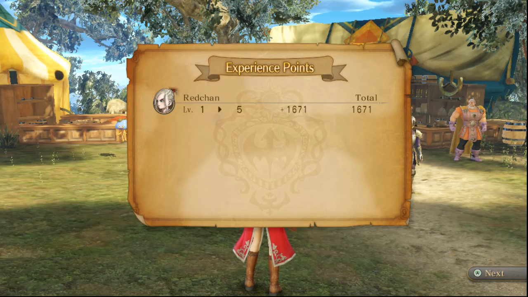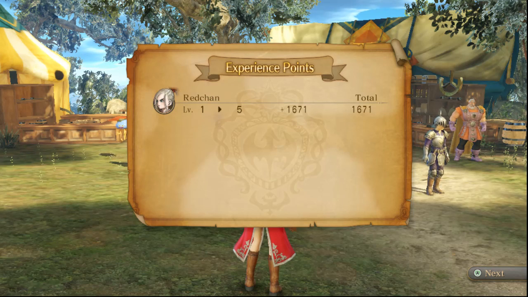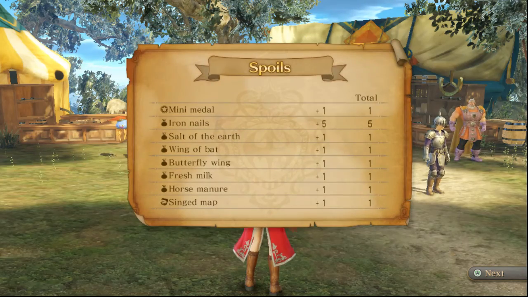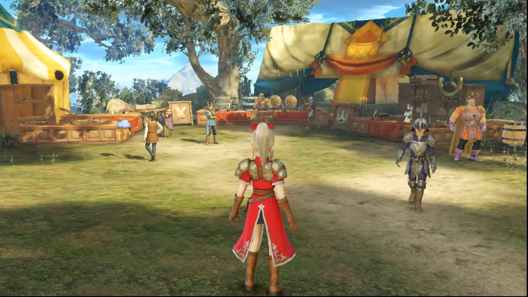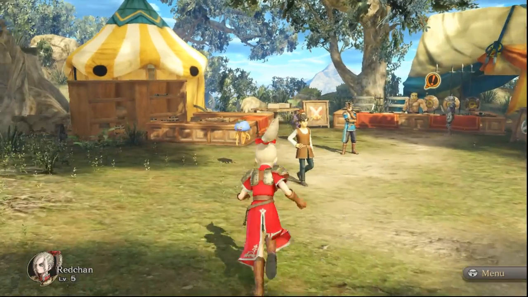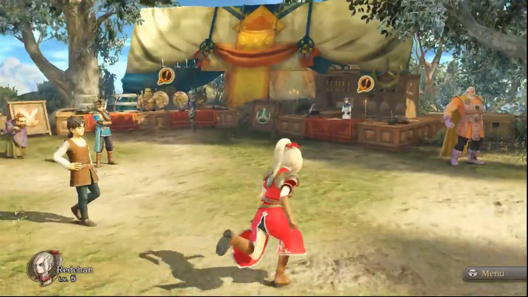Yeah, so from what I've played at least, it looks like you don't actually level up as you're playing. It levels you up in between the levels, kind of like Final Fantasy 15 with the camps. It just goes over everything you got in the last level, and here we are at Camp Caliburg. Alright, so